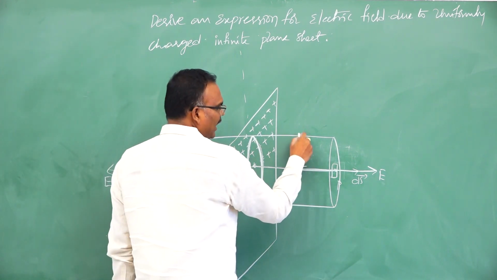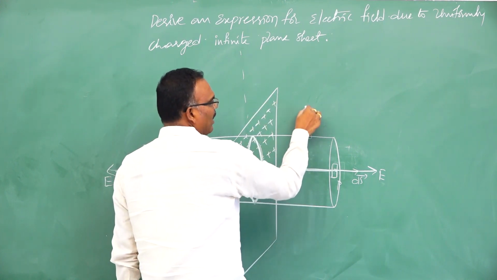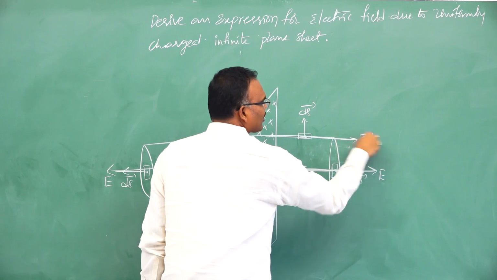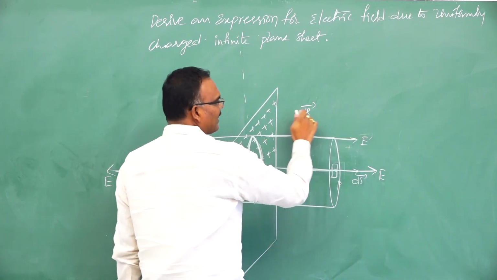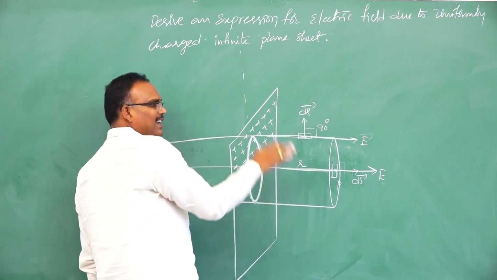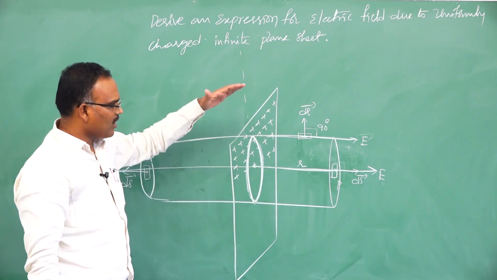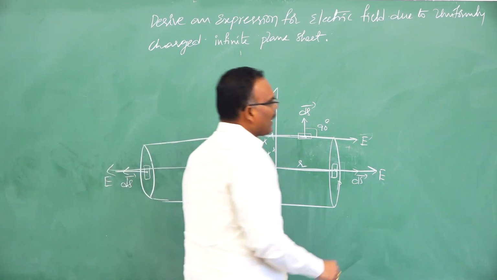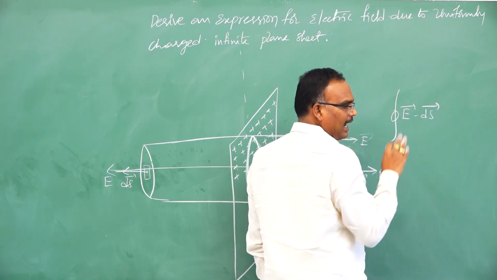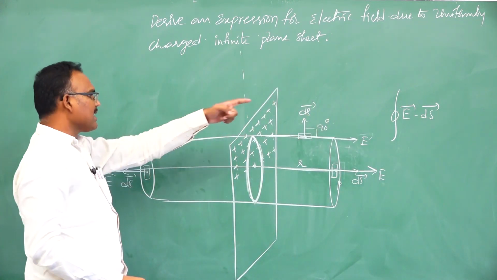But whereas if you take a small elemental portion on the curved surface of the cylinder, here the area vector ds bar will be upward. But at this particular point the electric field will be in this direction. So electric field and ds bar are perpendicular, 90 degrees. That means flux through this curved surface is 0. So no need to calculate flux through this curved surface because it is 0. So by the definition, the closed integral of E bar dot ds bar, I have to calculate for the 2 lids of the cylinder. That means I have to do it twice.